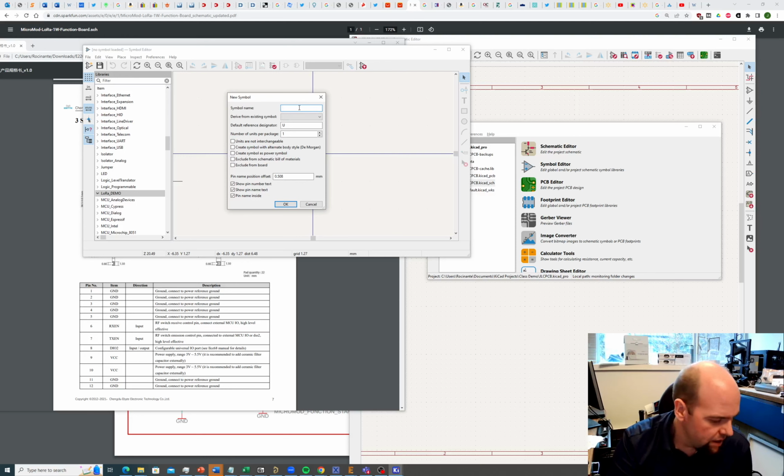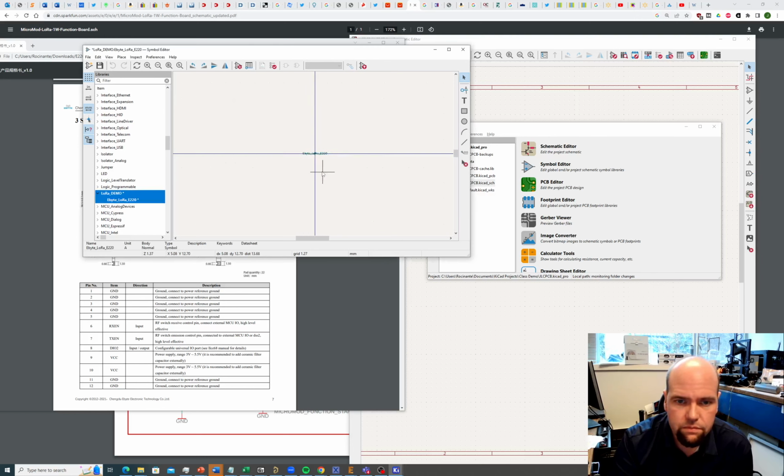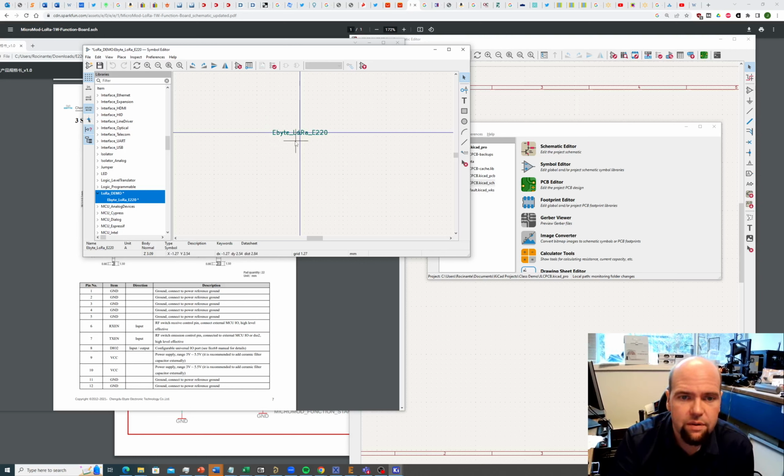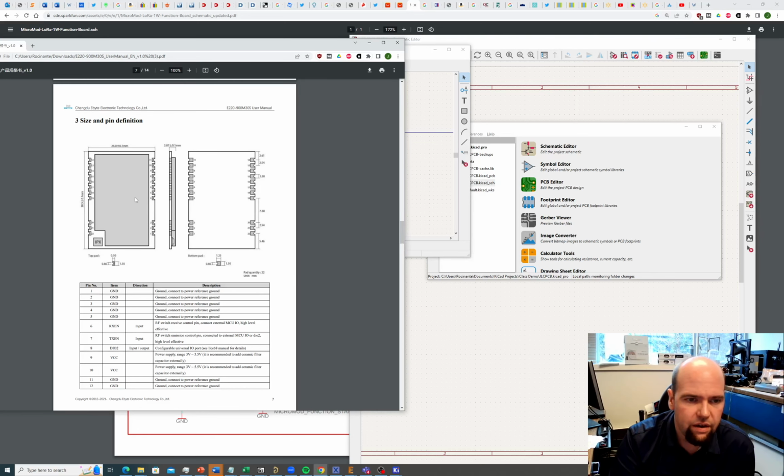The new symbol name is the eByte LoRa E220. I'll just call it that. U is okay, this is an integrated circuit, so U is an okay symbol for that. We'll click OK. Now it throws those things on here, and it doesn't really matter where you put them. The first thing we're going to do is just the schematic symbol for this thing. So, going back,